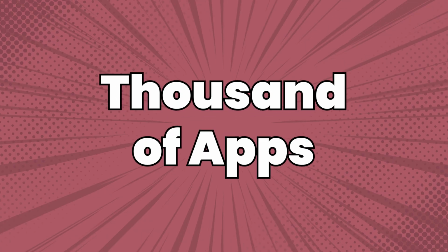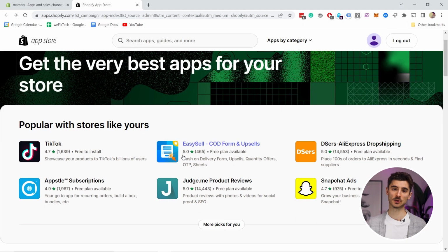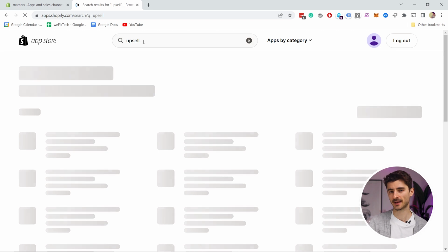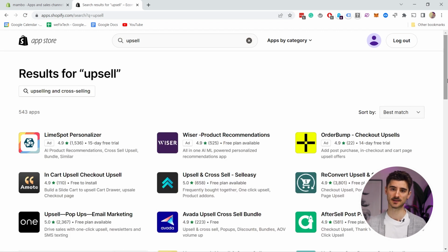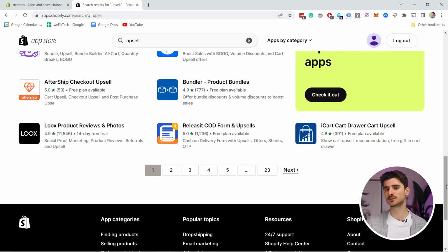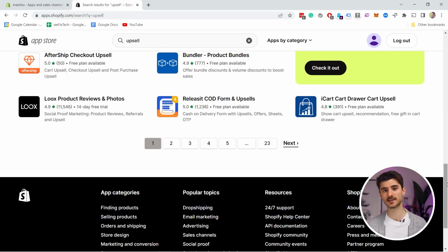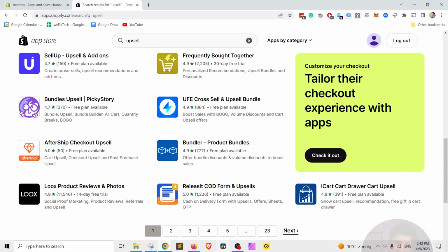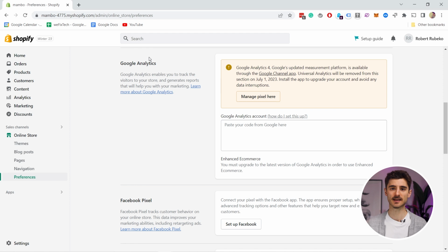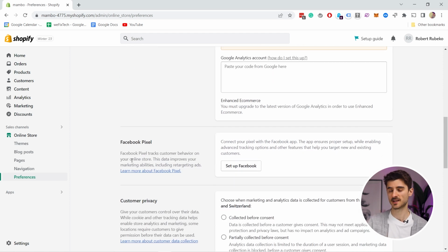In addition, Shopify has a ton of apps available that can help you do everything from dropshipping to print on demand to running rewards programs. These apps are often created by third-party developers, so you'll need to pay for them separately, but they can be well worth the cost. Shopify also integrates easily with social media and ad networks, for example with Facebook, Instagram, Google,